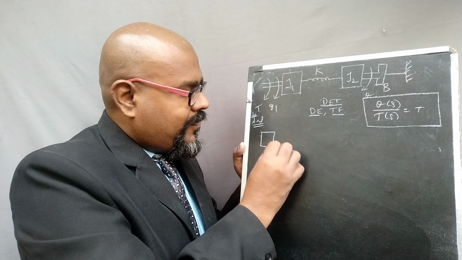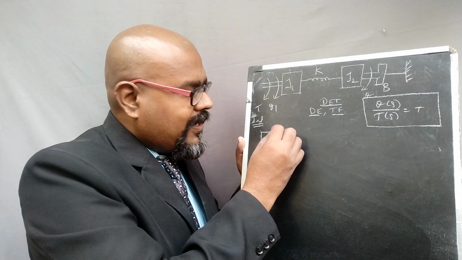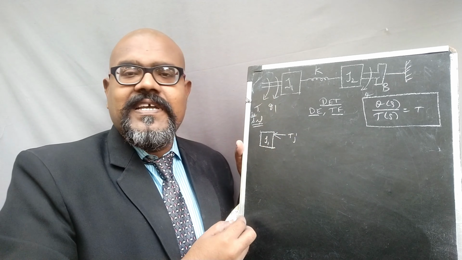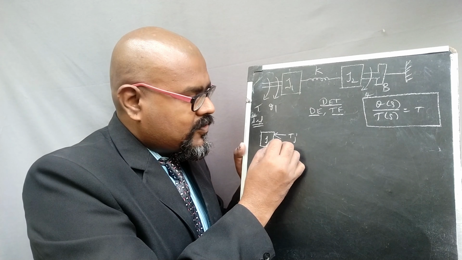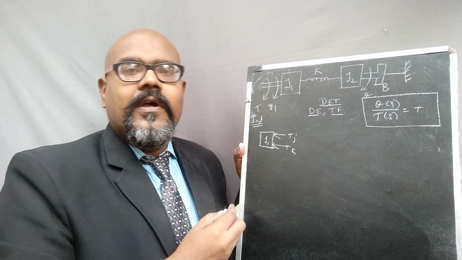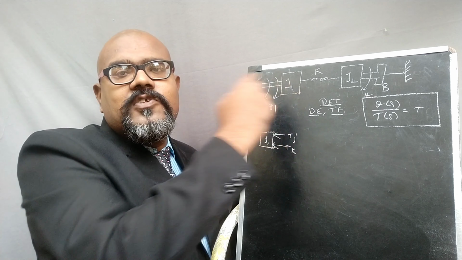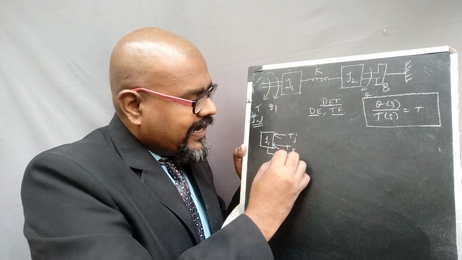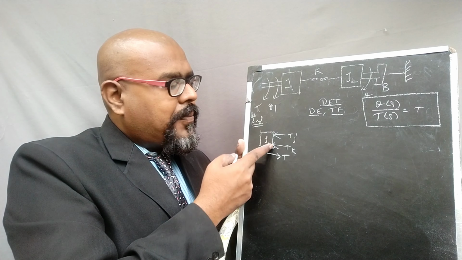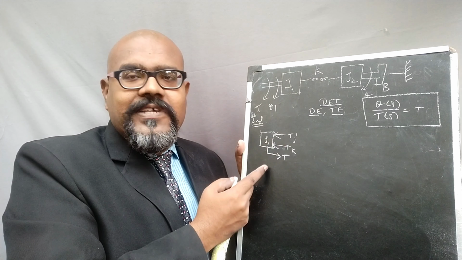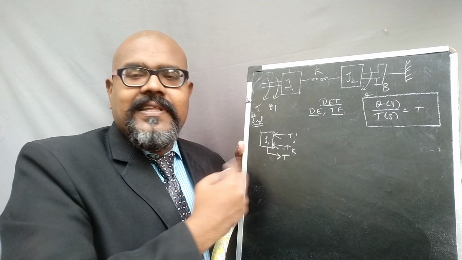First J1. Of course we know that J1 itself has the applied torque, so we can say the opposing force of J is capital TJ. Then this K is also an opposing force, so we can say capital TK. Then this applied torque is also an applied force, so we indicate it in the opposite direction, that is capital T. The reason I am putting it in the opposite direction is that these two are opposing forces and this is the applied force. For the variation, I am putting the arrow mark in the opposite direction.